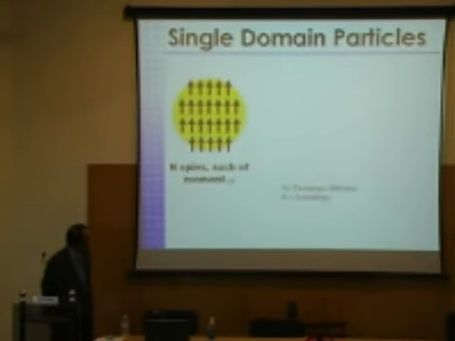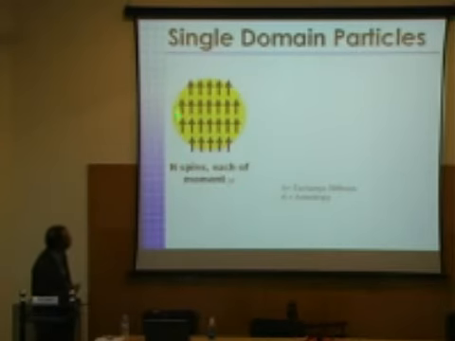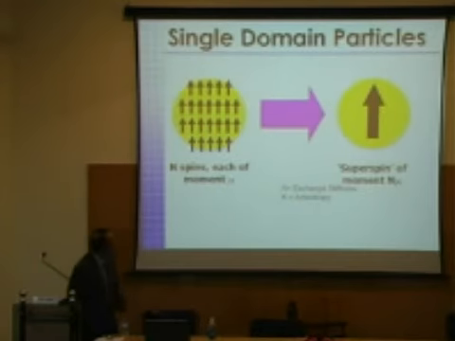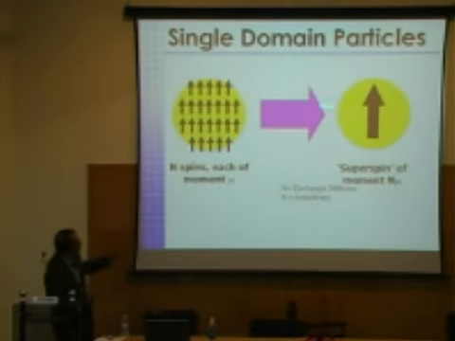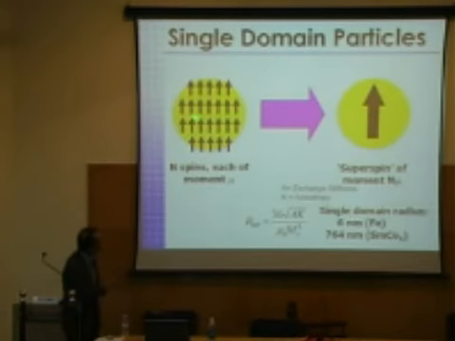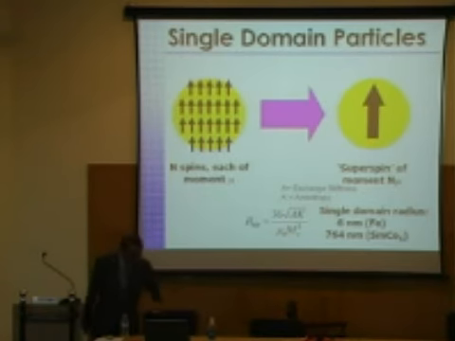To do these things, what we do is we encapsulate some of the spins into a small particle by using reverse micelle techniques, and you can combine the overall magnetization to give you super spin moments, and we can look at the exchange anisotropies and finally find out the radius of not the nanoparticle, but the effective magnetic field. So you can tailor these things too by choice of proper materials.